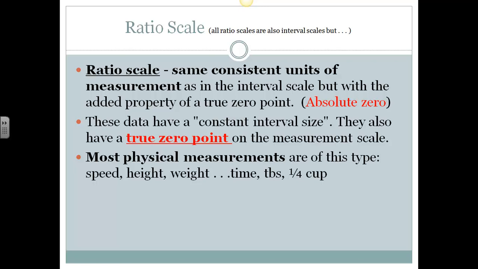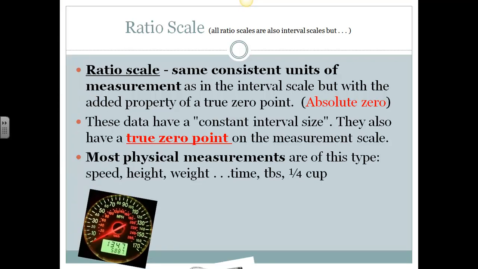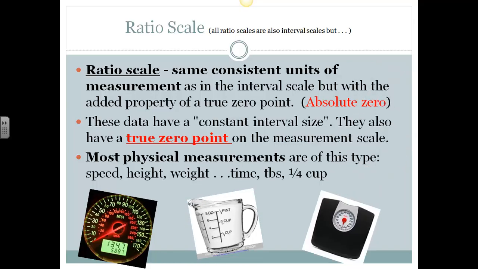You can have 0 height, so somebody who's 7 feet tall is twice as tall as somebody who's 3.5 feet tall, or somebody who weighs 100 pounds is twice as much as somebody who weighs 50 pounds. And even in measurements like tablespoons and teaspoons and cups, so a quarter cup is half as much as a half cup. So we might look at a scale and say somebody weighing 150 pounds weighs twice as much as somebody weighing 75 pounds. So it is an interval scale, but it is also a ratio scale because it has